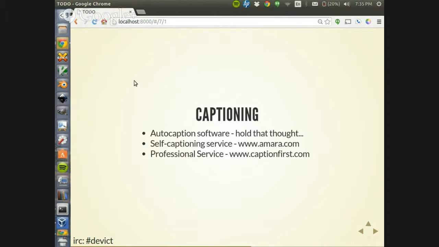Caption First, a pretty big hitter in professional captioning service. I think one of the only names that I saw come up when searching for that. And actually, my family member, that was her place of work, right? So they're pretty active.